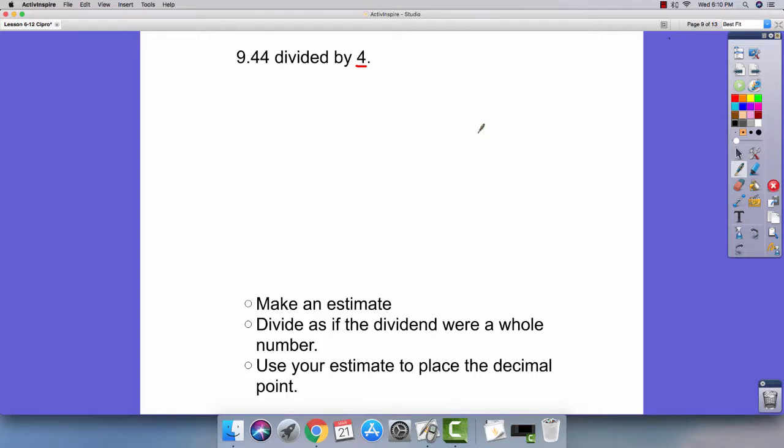Alright, I'm going to show you a quick video on how to divide decimals. My first problem is easy. 9 and 44 hundredths divided by 4. I said it was simple because my divisor is a whole number, so I can solve this in 3 simple